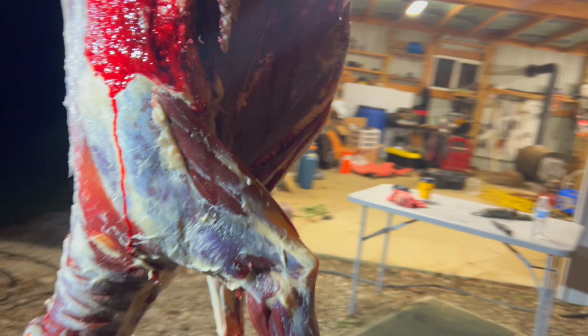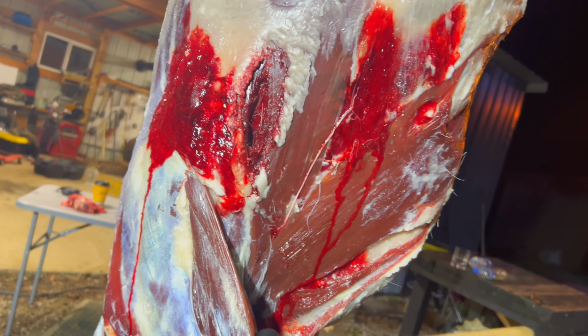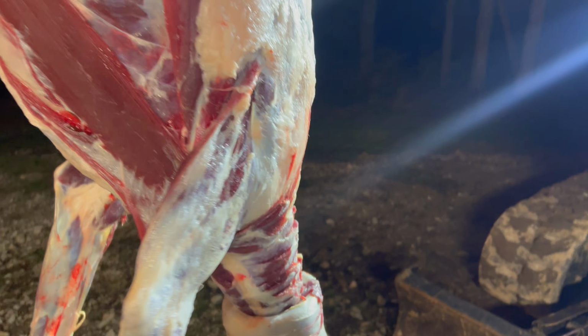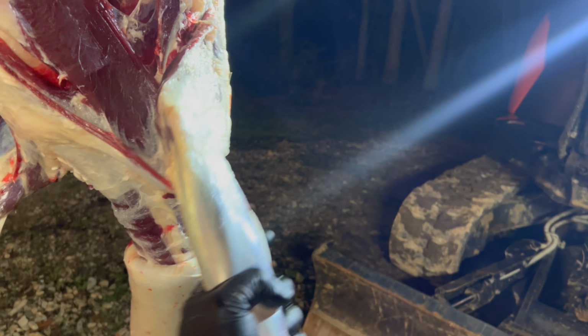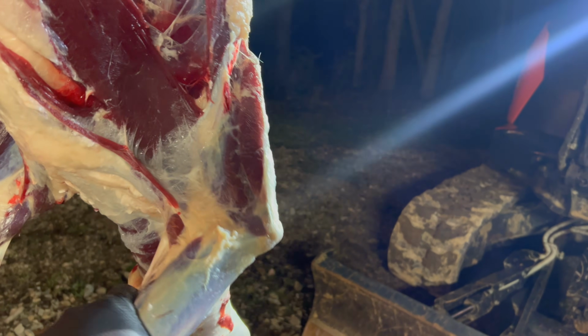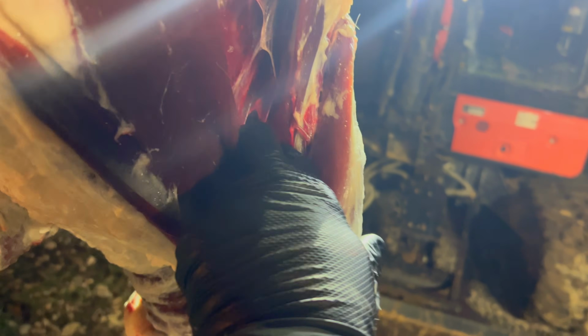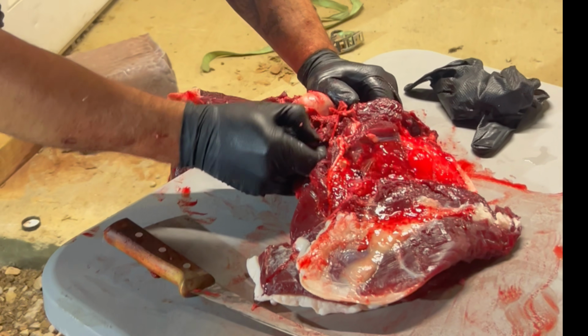All right, y'all. So this is the entrance. And we didn't exit the other side. But this leg, if you know how deer arms work, it's not supposed to do that. So we got into the opposite shoulder pretty good. All right, let's check this out. So I had to dig hardcore